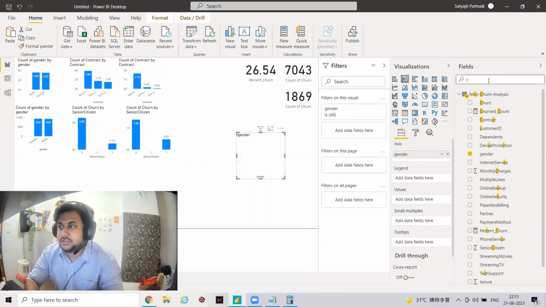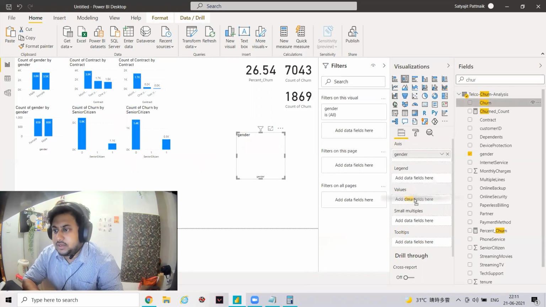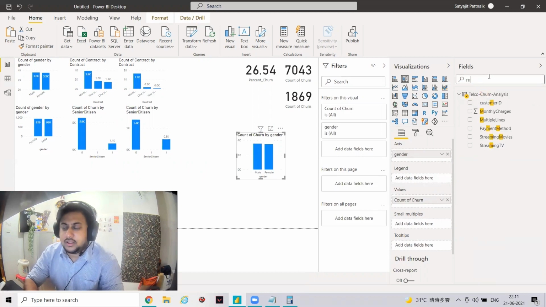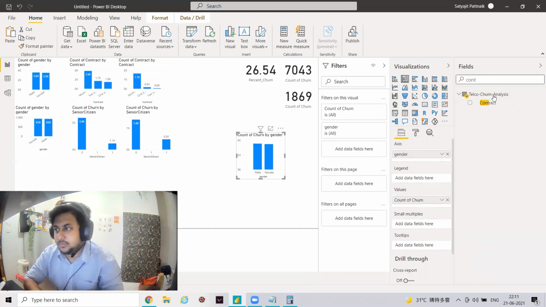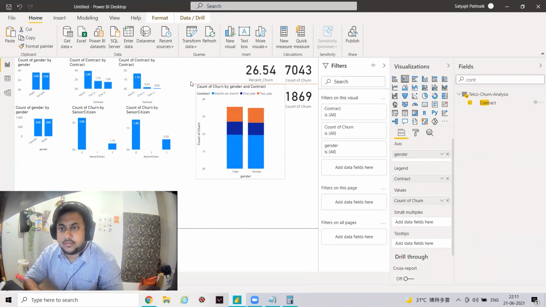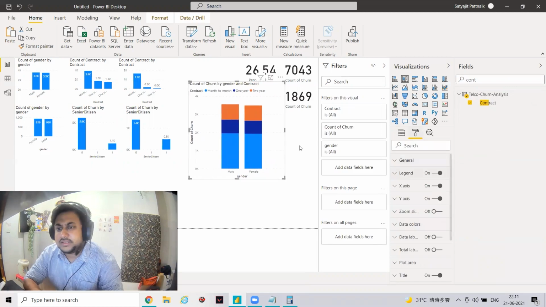Let's say I will take churn in the values, count of churn, and then I'll take, sorry, not monthly charges, contract type in the legend. So you can see here, if I just add the label, this is not the right visualization to do, but we are just concerned about checking the numbers, right?